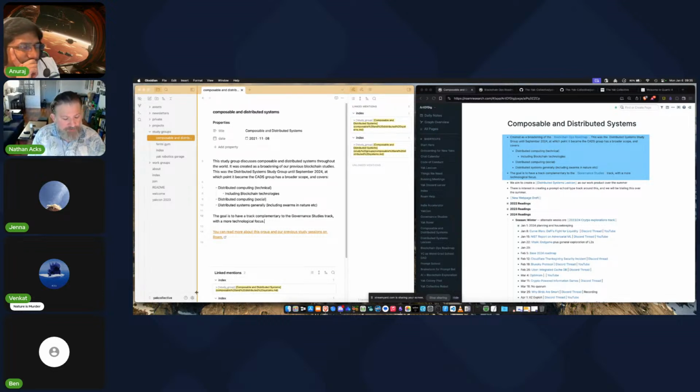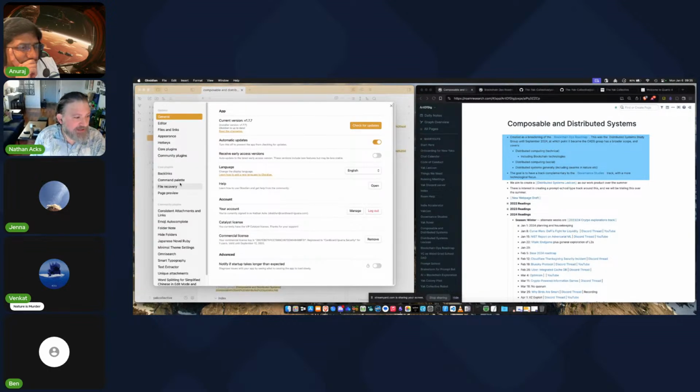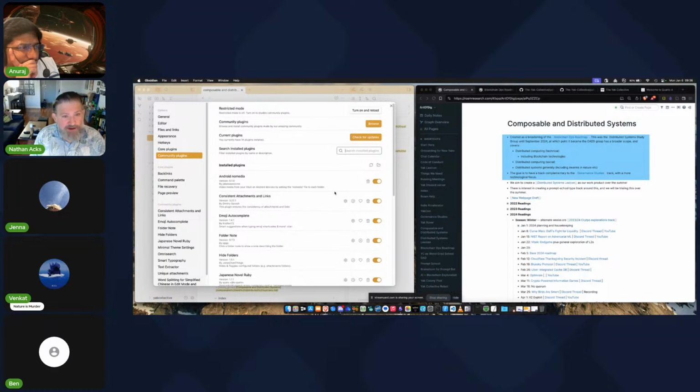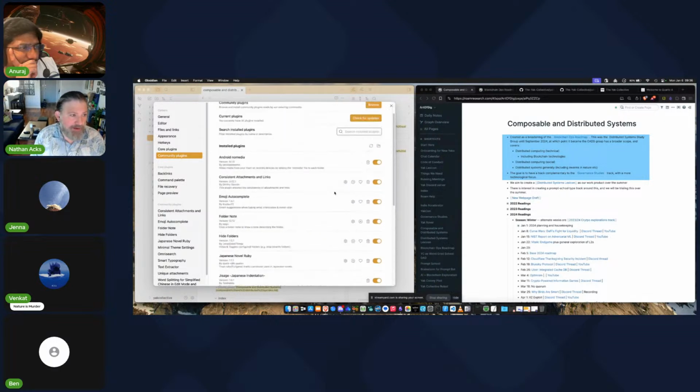Though you'll get a prompt when you first open this to enable plugins if you trust the people in the vault. You should trust me, but maybe you don't. That's also fine. If you want to study them or enable them afterwards, you can go to the Obsidian settings, look at community plugins. You have to turn on the plugins, so turn off restricted mode is I think what it's called. And then here's all the plugins that we're running right now. So if you do want to edit it on Android, you can. There is this Android no media that just prevents the pictures from showing up in your media. Consistent attachments and links just helps keep things organized a little bit for you.